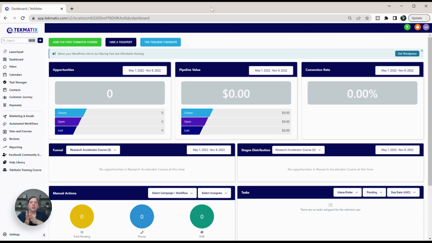The first step to create your Evergreen webinar within TekMatix is to start out by creating the opt-in form. So we want people to opt in to then be able to view our webinar, and then we probably want to send them to a sales page afterwards. So once you're in your TekMatix dashboard, assuming you already have your video done for your webinar,